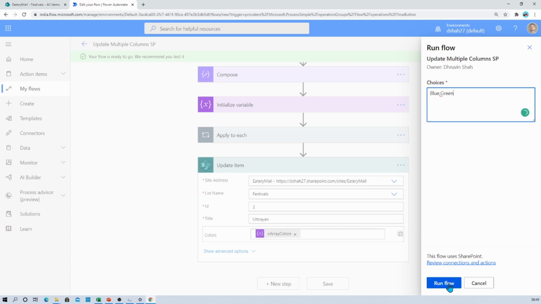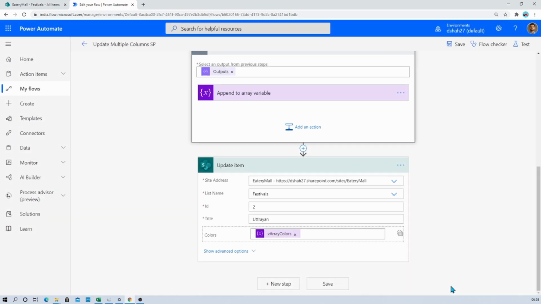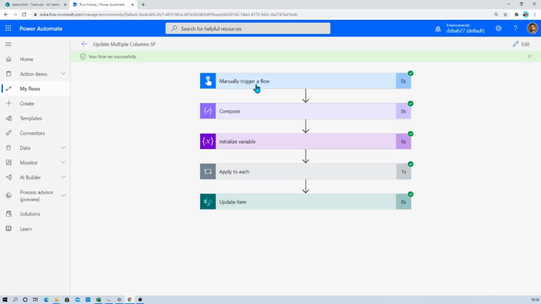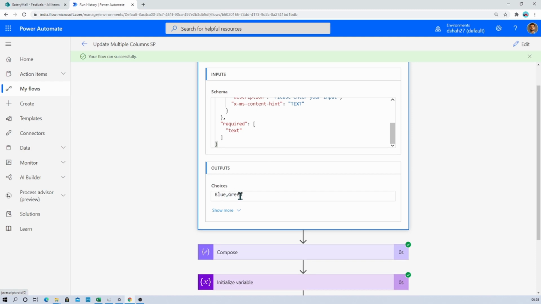and now I'm running the flow. Click on done. So let's check the output. So first of all, in manual trigger we passed two choices.